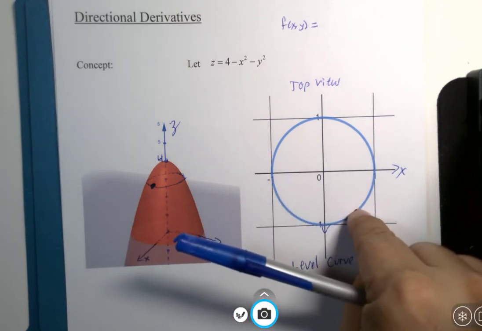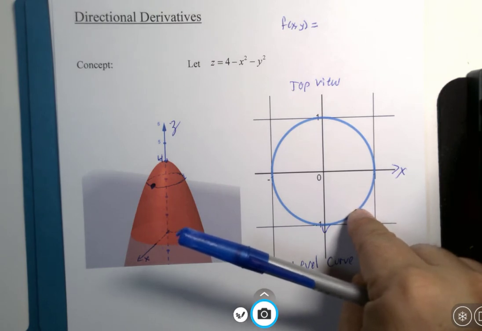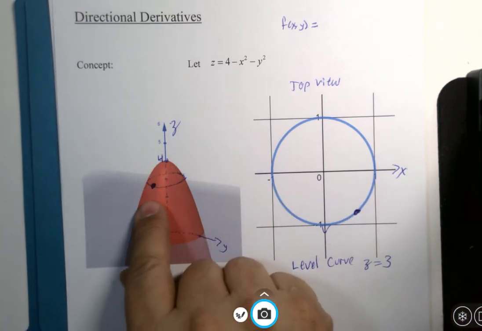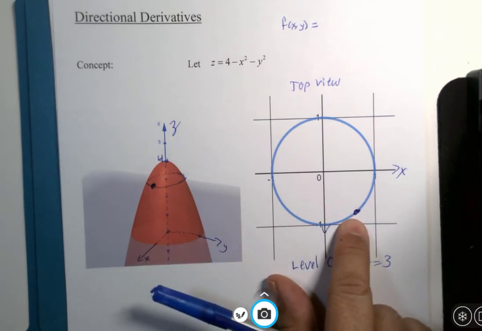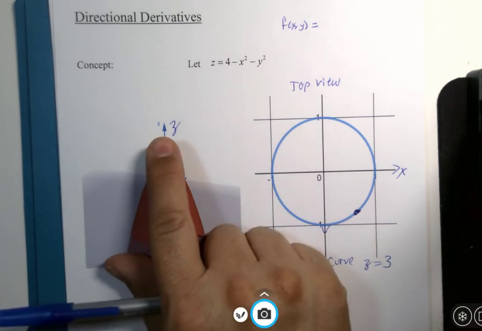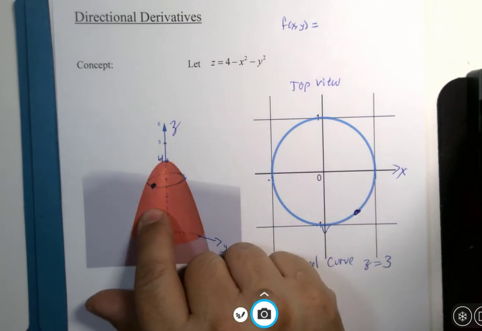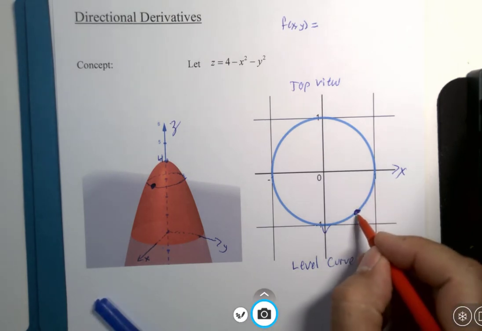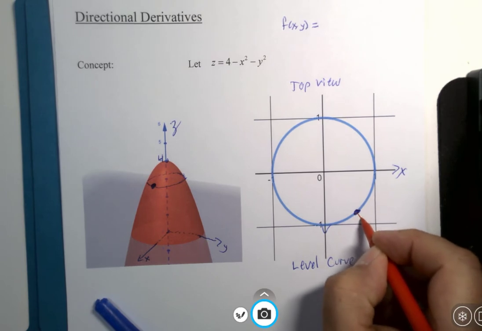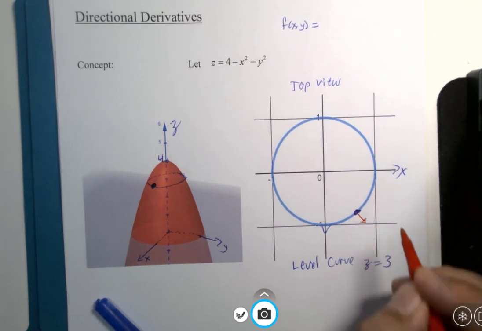So as far as you're concerned, it may be uphill and downhill depending on which way you go. But if you're standing upright, and your head is pointed in the z-axis direction, and your feet are at the bottom. So the question is, if we were to, let's say, face this direction and aim that way,